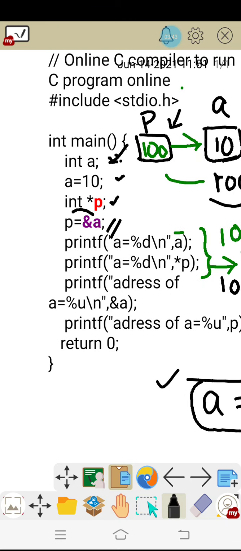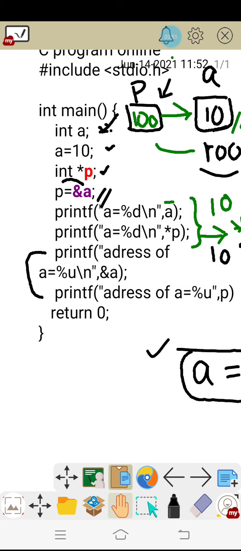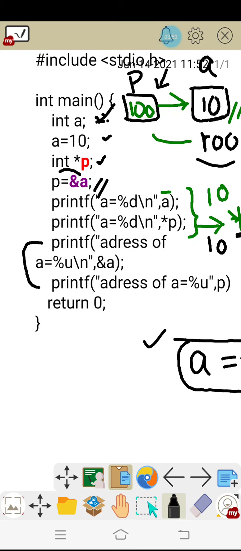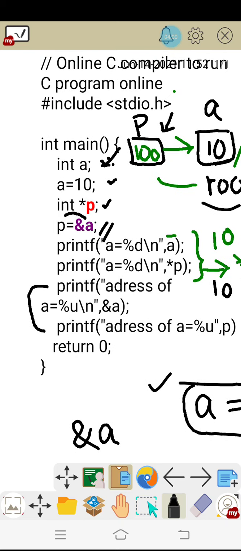In the second set of printf statements, the last 2 printf statements are going to print the address of a. Again there are 2 ways to print the address. Either you use the ampersand a, this is also going to print the address, but the address of a is already stored in p, as you can see from this statement. That means p and ampersand a both are same. p also consists of the address.